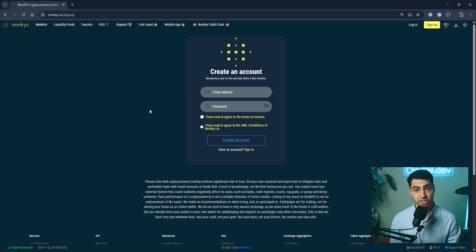So obviously, Non-kyc is non-know your customer. You don't have to give up personal information, such as any identity card or even your name. So definitely favorable for privacy. So you're going to want to fill up this email address and password, and you will receive an email to confirm your account. And normally, you'll be able to